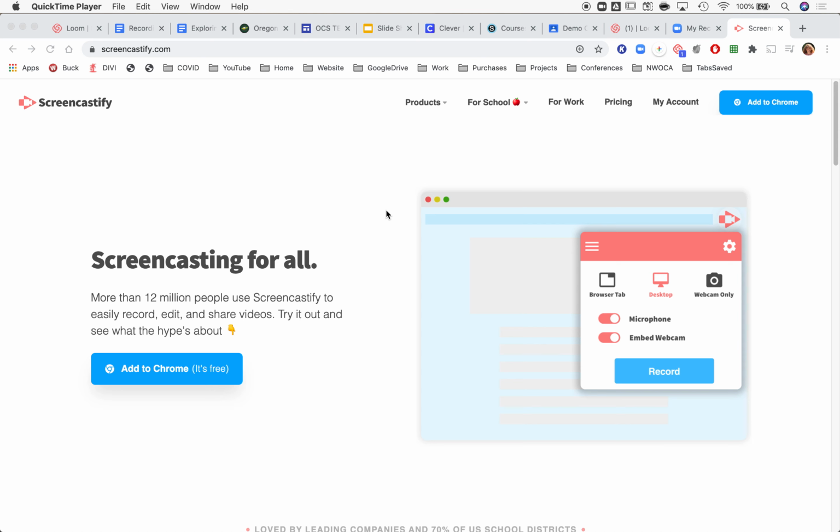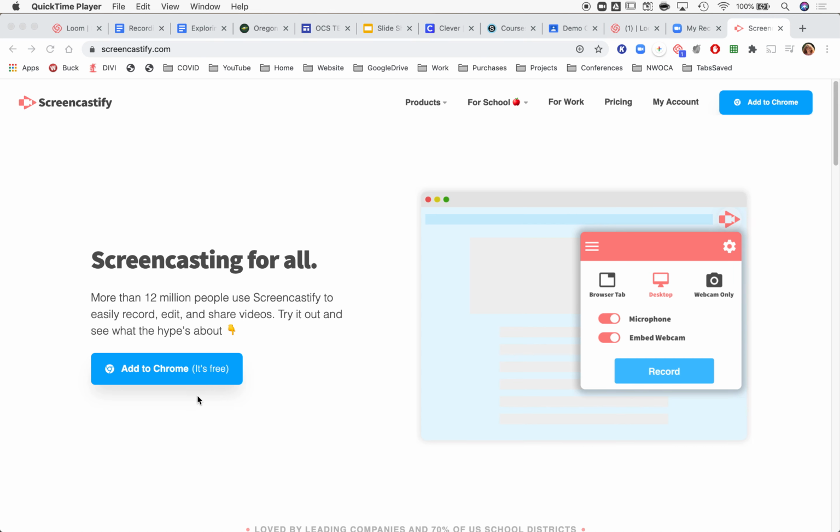I'm going to show you a quick example of using the screencasting features and then a little bit of a look at the webcam capabilities, and then we will talk about what we'll do with those videos once we've got the base video done. So the first thing that I'm going to do is notice that I need to add the